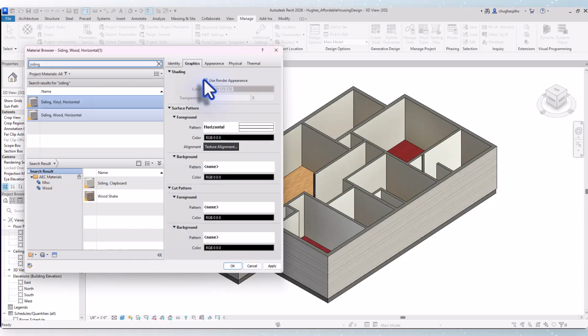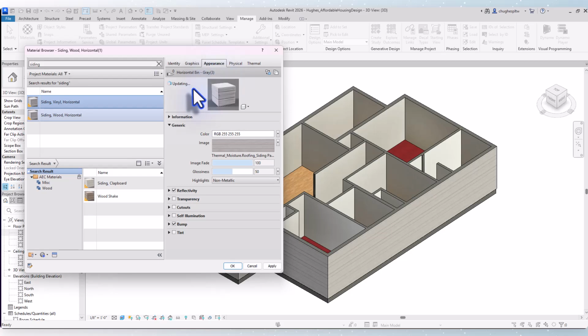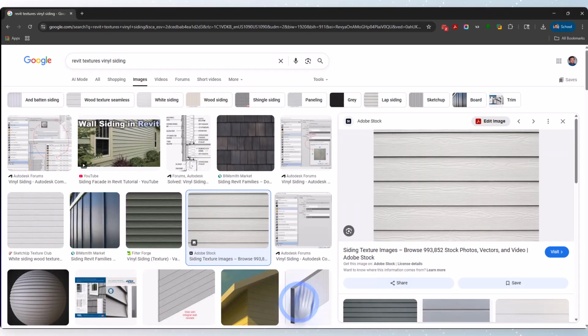And the render appearance, I'm just going to check this box to say, let's just use that. So then I'm going to go into the appearance. This is what it looks like in the realistic view. So rather than going through the asset browser, I actually found one online that I really like that looks like